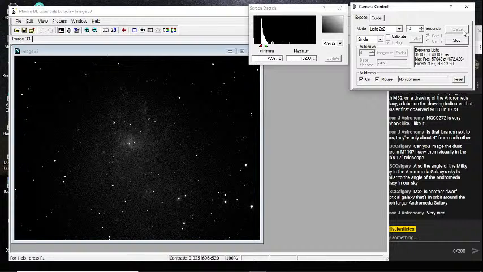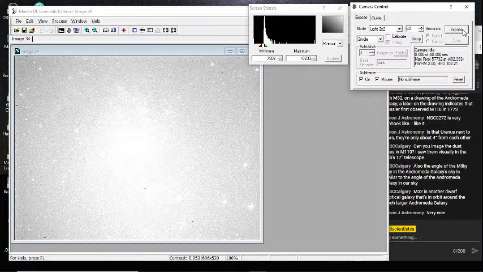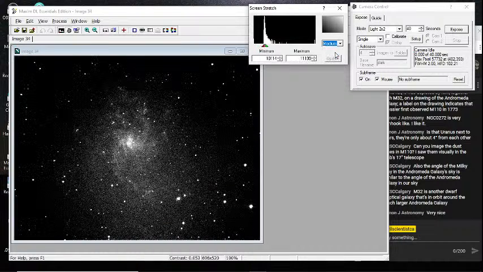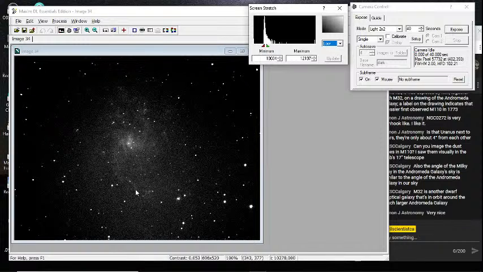So just another 5 seconds here. And it's washed out because we have the screen stretch for something else. There we go. So we can see we get a little bit more detail of it there. So you can see that spiral arm's a little bit more defined. Another one kind of coming up here. A lot of this glowy stuff is also part of the galaxy. Because we can't do too long of an exposure.